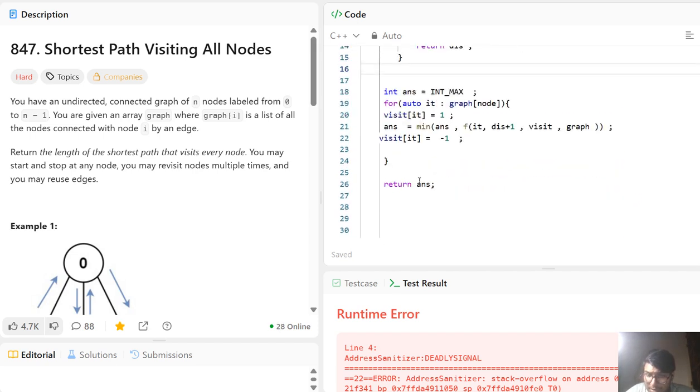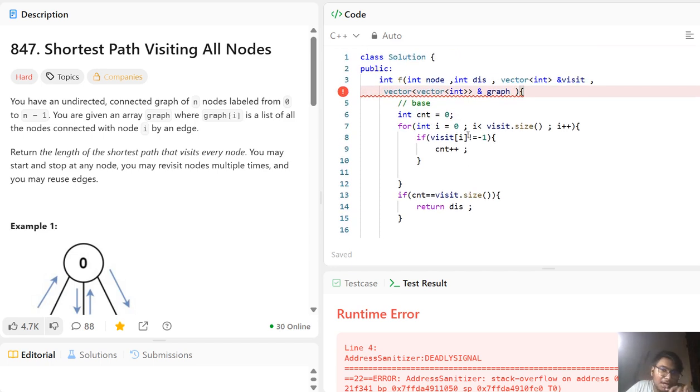So the stack is becoming overflow. Means we somehow need to make sure that